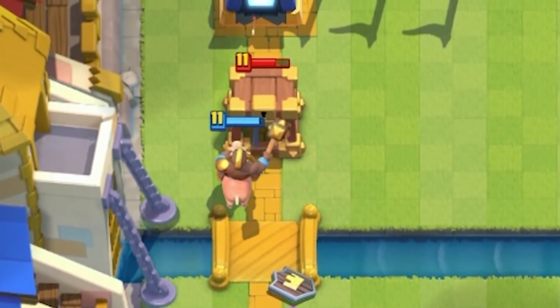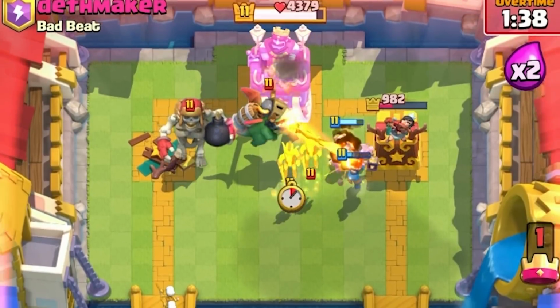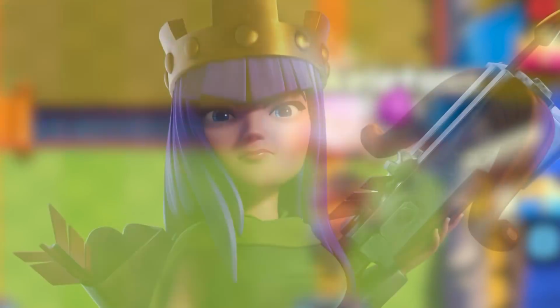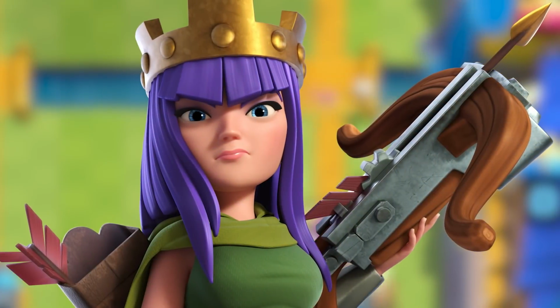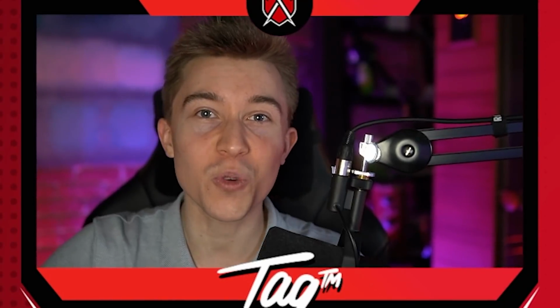And with a quick cycle with Hog Rider, you're able to break through your opponent's defenses because they just can't keep up. Lightning is amazing in the meta against all the Electro Dragons and champions, especially Archer Queen. You eliminate it and have no issues. If you keep your Firecrackers alive, you can win any matchup, so let's jump straight to some games and